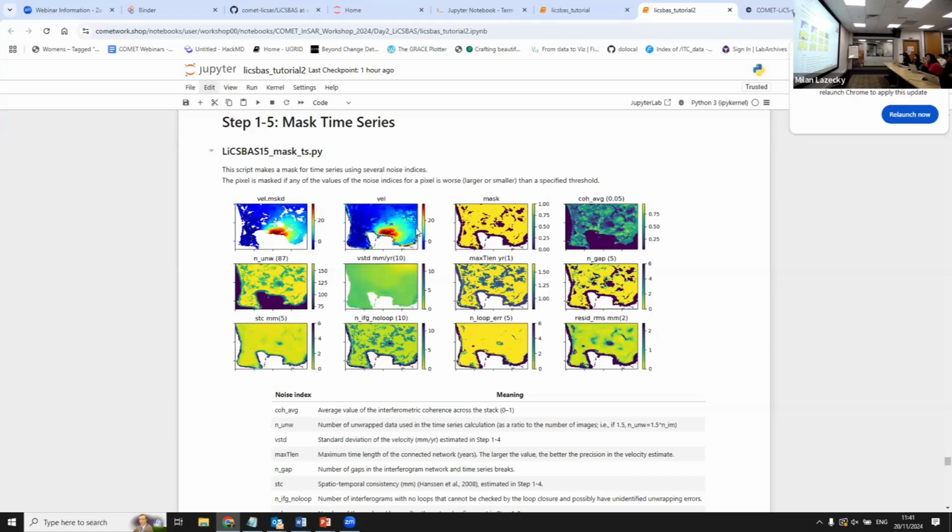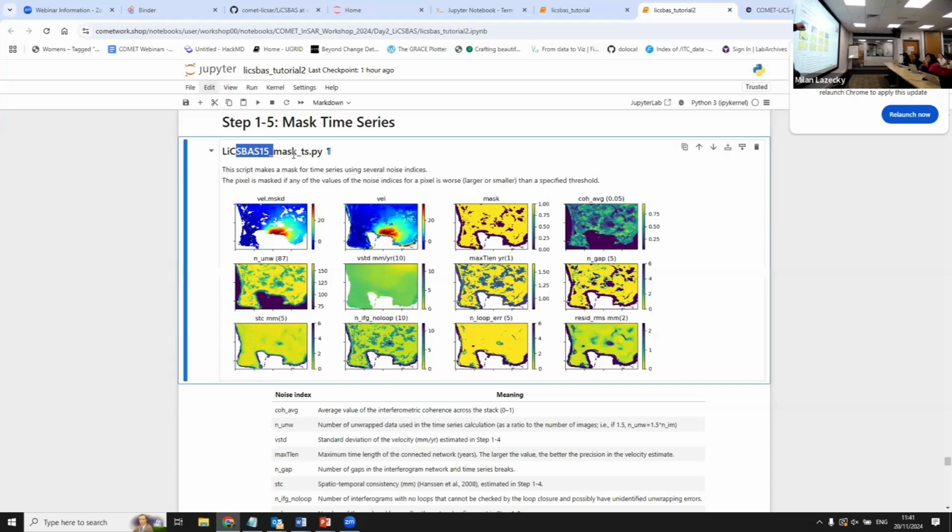This is the velocity from the previous processing, previous version of LiCSBAS. And the unwrapped data, where we see some strange outputs along the coastline, and these areas here are also looking a little bit weird. And when you run this LiCSBAS 15, just with standard parameters first, it will generate this